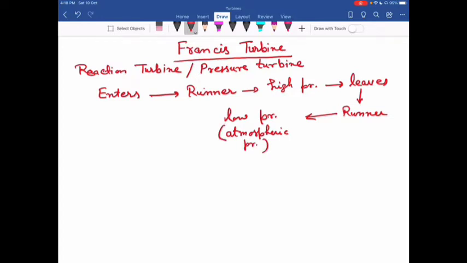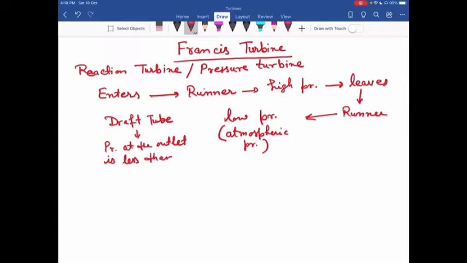Now, if we use a draft tube at the outlet of the turbine, then the pressure at the outlet is less than atmospheric. The pressure is less than the atmospheric pressure. So, due to this difference of pressure from inlet to outlet,